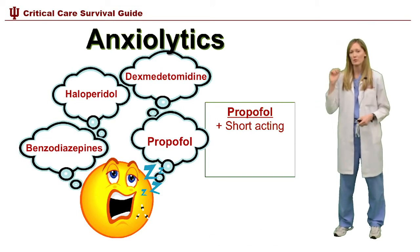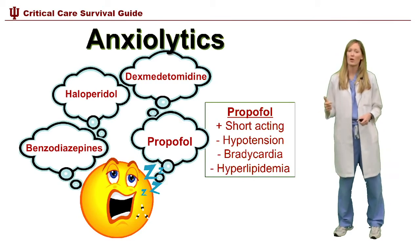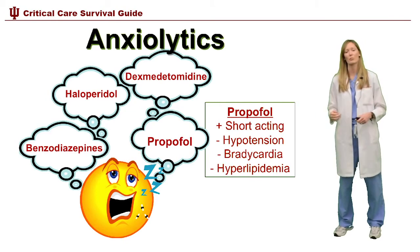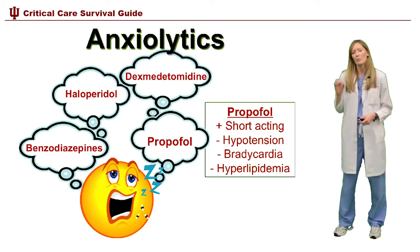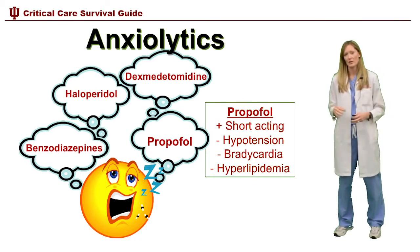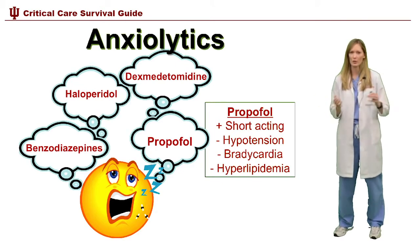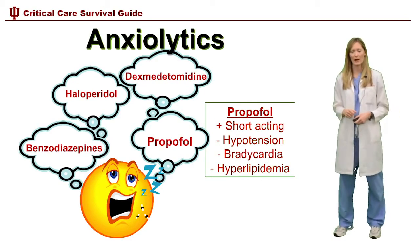But there are a few problems you have to be aware of with propofol. It can cause hypotension and bradycardia, which are the main side effects that limit its use in the ICU. Thus, it's not a good choice for, for example, patients with septic shock on pressors. Propofol, interestingly, in the ICU is only given as a continuous infusion. We don't do IV push propofol. IV push propofol is reserved for intubations and procedural sedation and so forth,